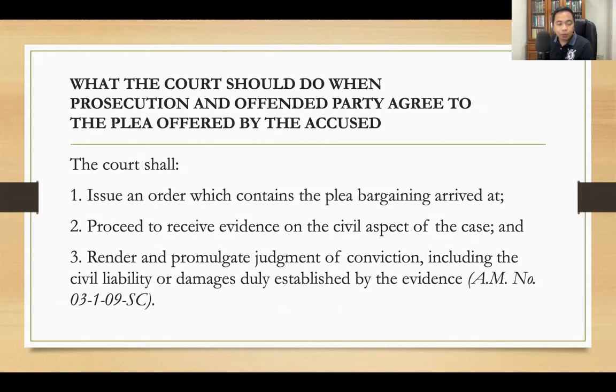Now, what if the prosecution agreed to the proposal of the accused to plead to a lower offense? What should the court do? The court shall issue an order which contains the plea bargaining arrived at. Second, the court will proceed to receive evidence on the civil aspect of the case. And three, the court will render and promulgate judgment of conviction, including the civil liability or damages duly established by